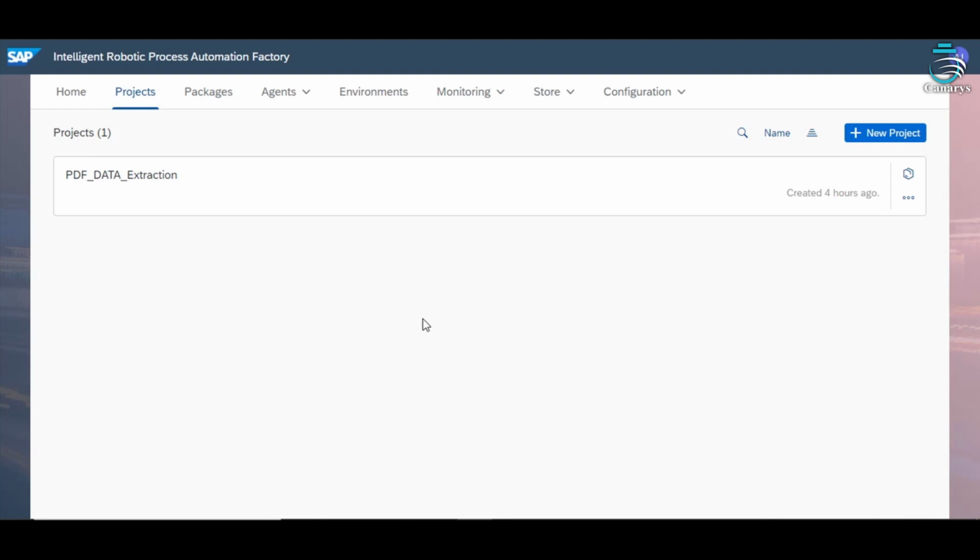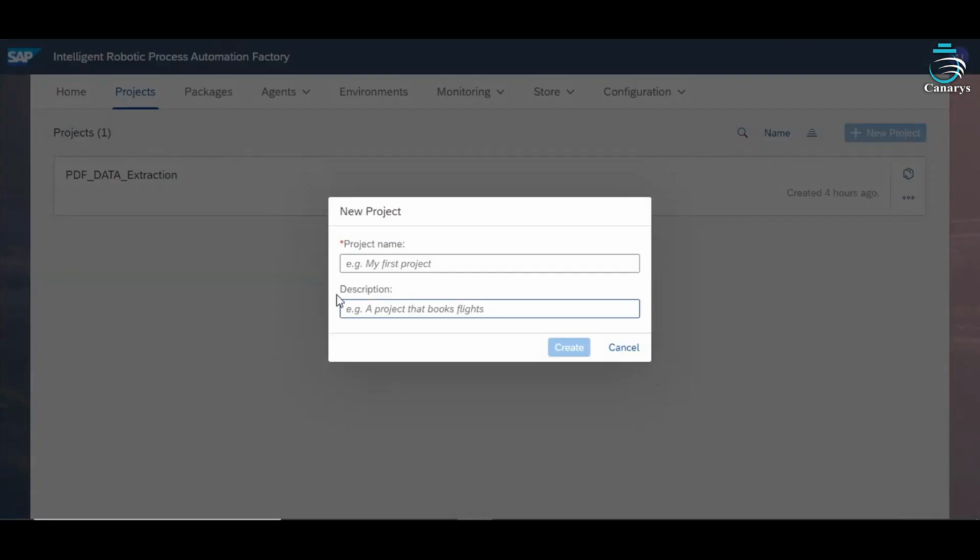This is the SAP Intelligent RPA Cloud Factory. Here in the projects tab, I can create projects by clicking on new projects. I can give name to the projects.